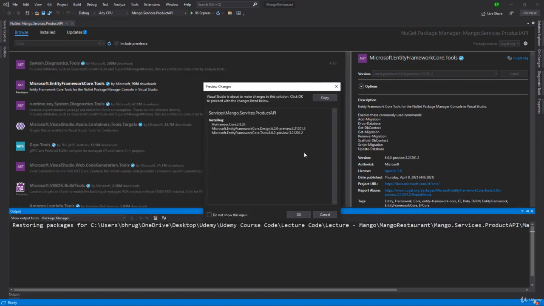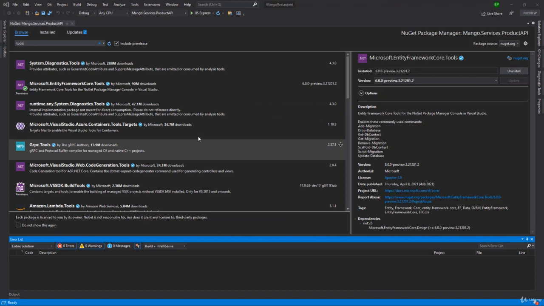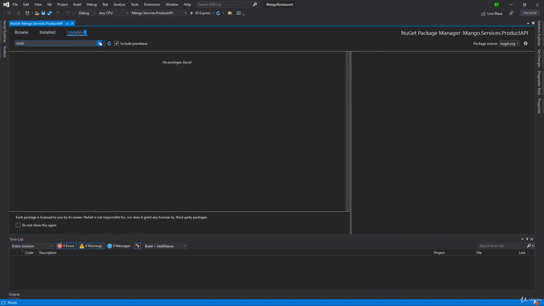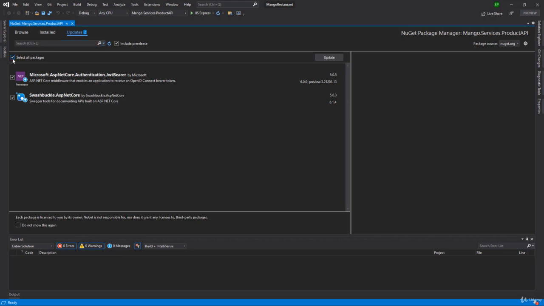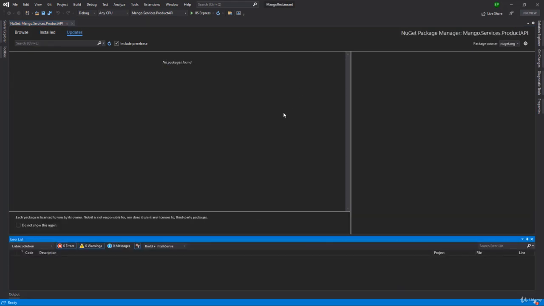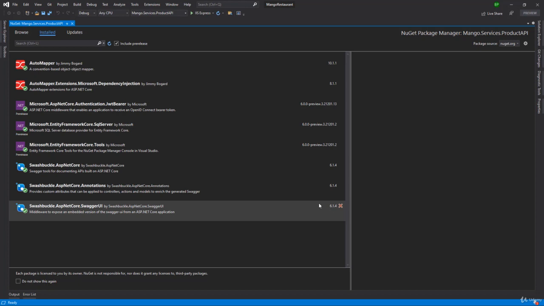So we will install Microsoft.EntityFrameworkCore.Tools. And perfect. With that, if we go to the Updates tab, we have two packages that could be updated. Let's update those. The JWT Bearer package I installed version 5, but we'll be using the .NET 6 Preview 3. Perfect. Then if we go to the Install tab, right here you will be able to see all of the